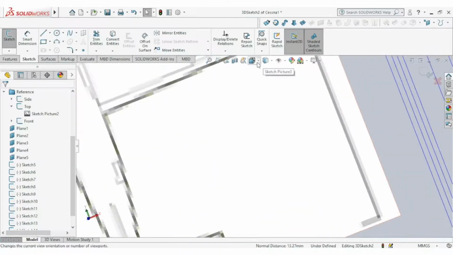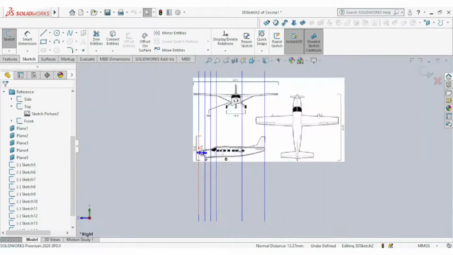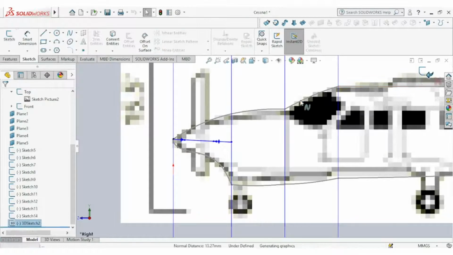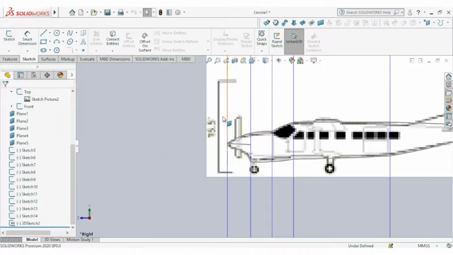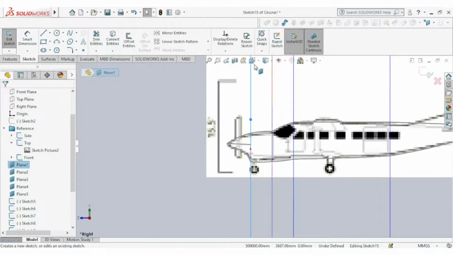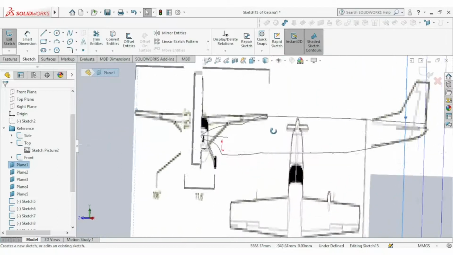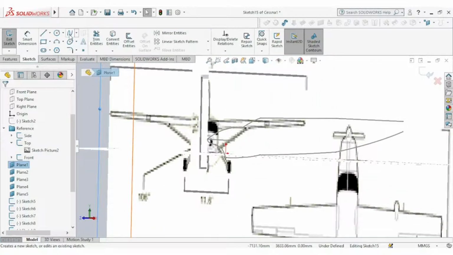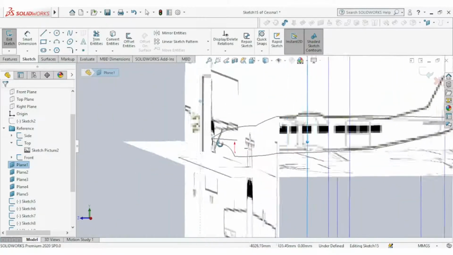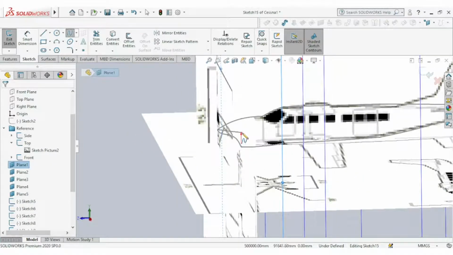Let's go to this and see. Okay, that's fair enough. For convenience, let's hide this, select this first plane, select sketch, and using this plane, this first point, so I'm in focus first.